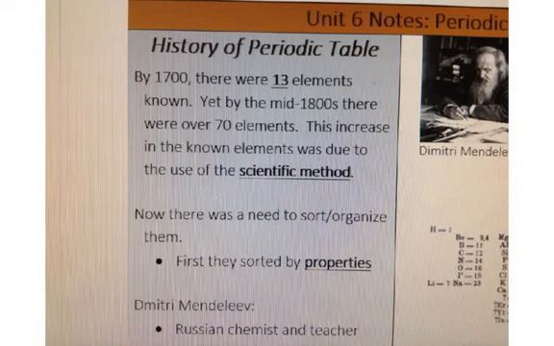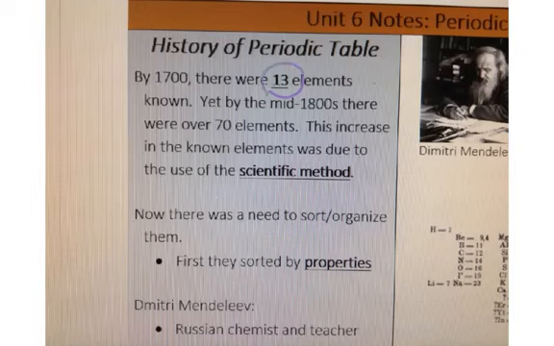All right, tonight we're going to be talking about the basics of the periodic table. But in order to know this, you're going to need to understand how the periodic table was actually developed. It wasn't discovered. It's not like there was this sheet magically with the periodic table of elements discovered, but it was actually organized. How was it developed? And by 1700, there were only 13 elements known, which is actually kind of amazing when